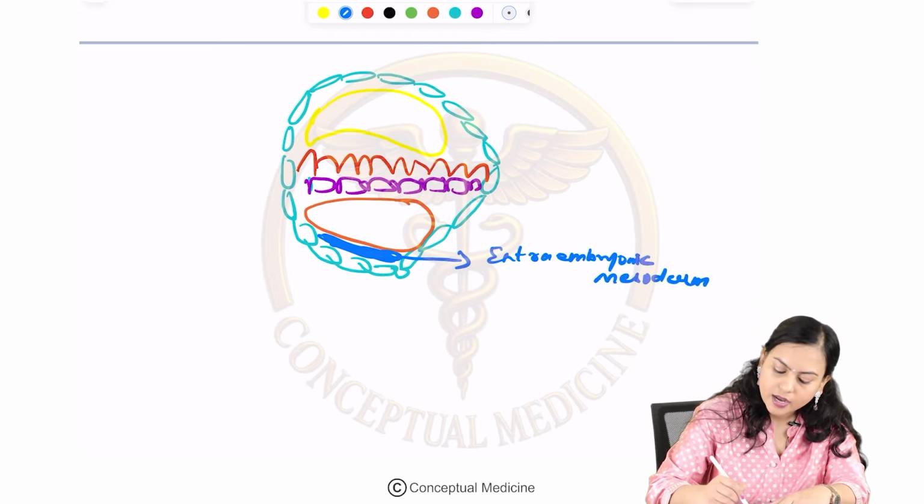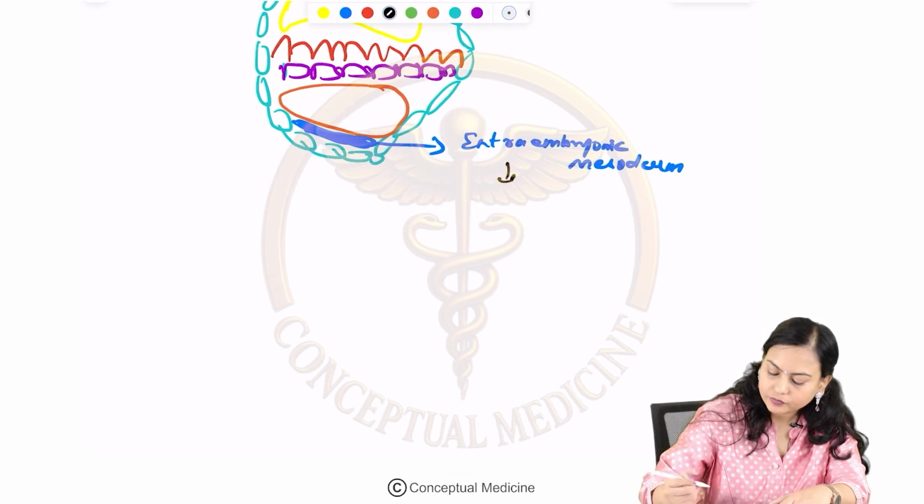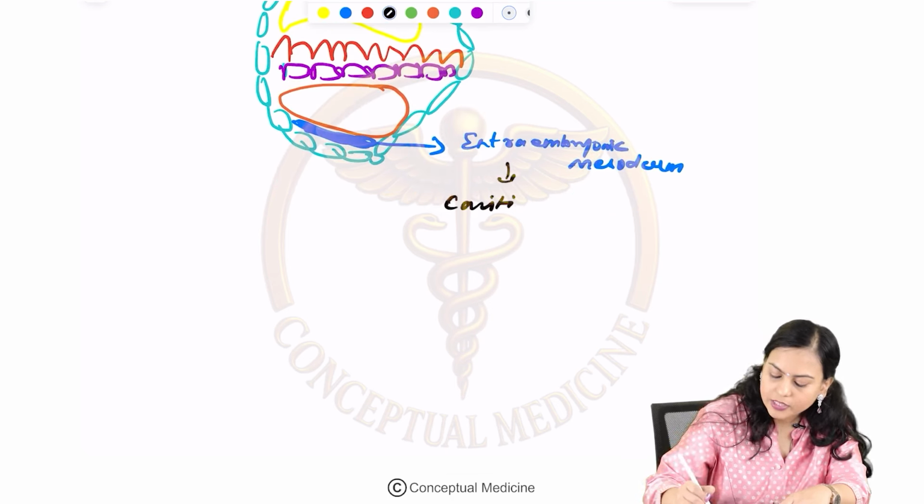Now what happens is, inside this extra embryonic mesoderm, numerous small cavities will appear, and